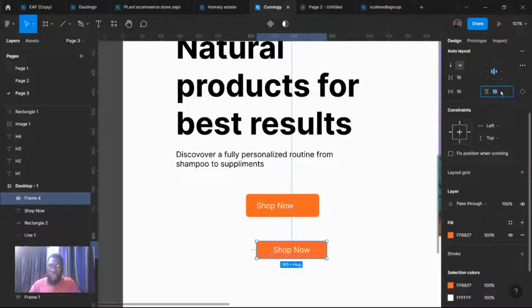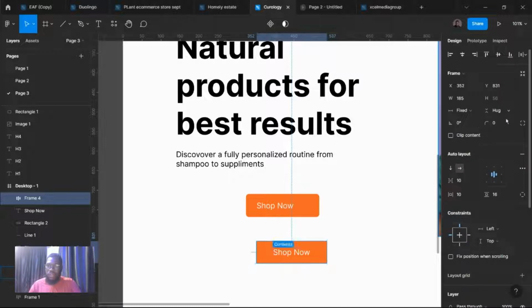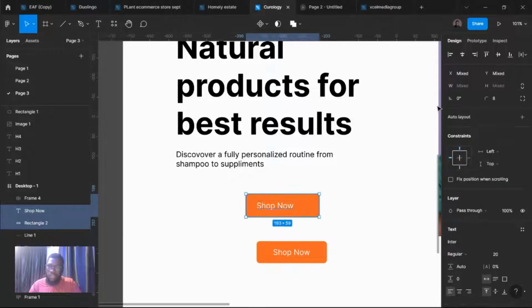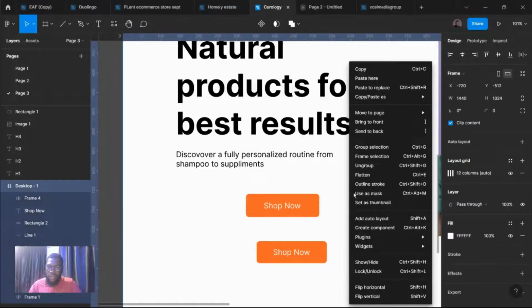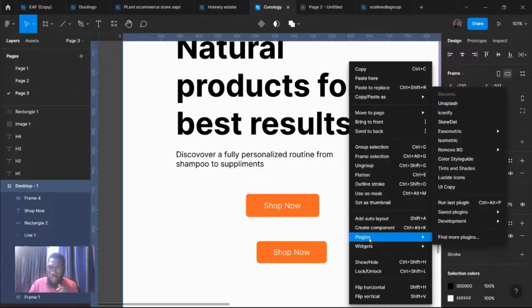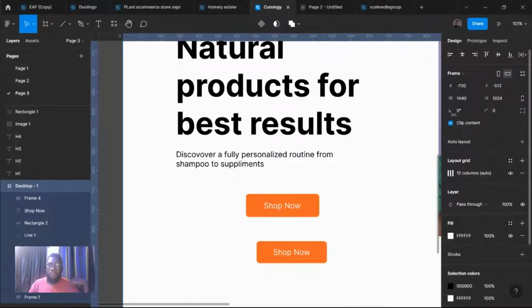Then increase the top padding to 16, radius of it. So if you cannot do this, you could just do the rectangle behind and the text in front and just space between. Then next we want to add our icon and we'll go to plugins, Iconify,